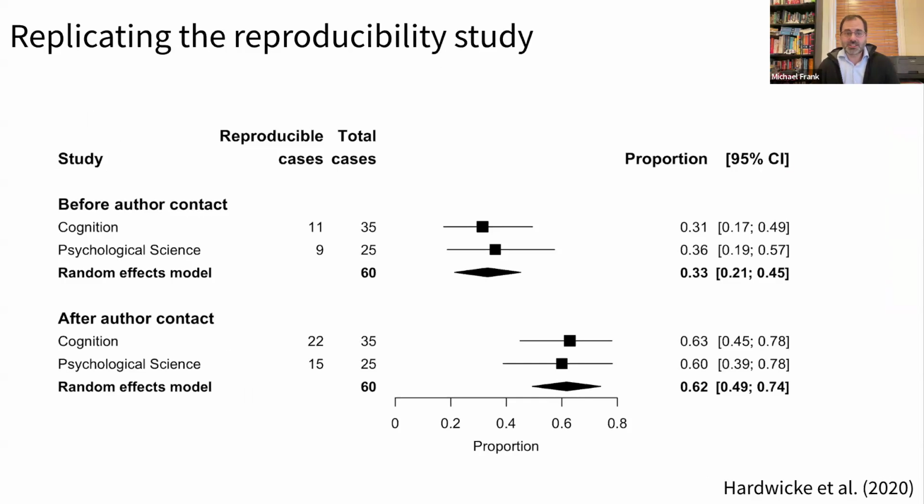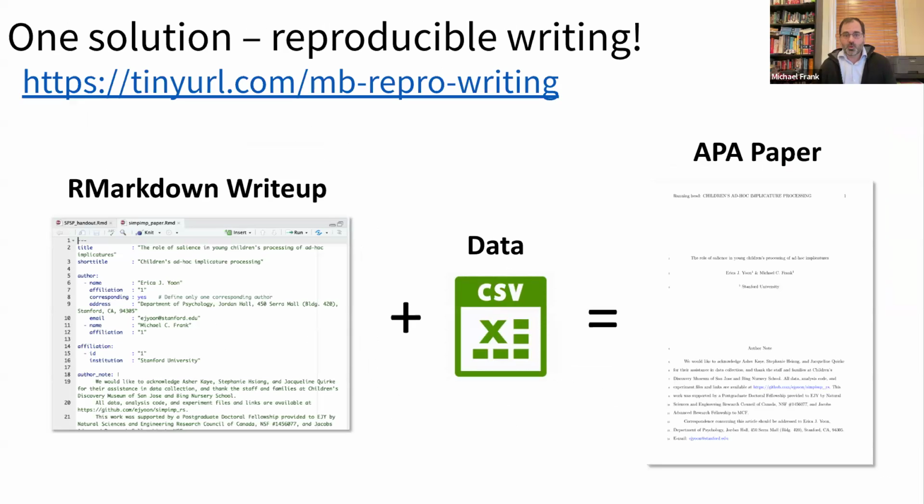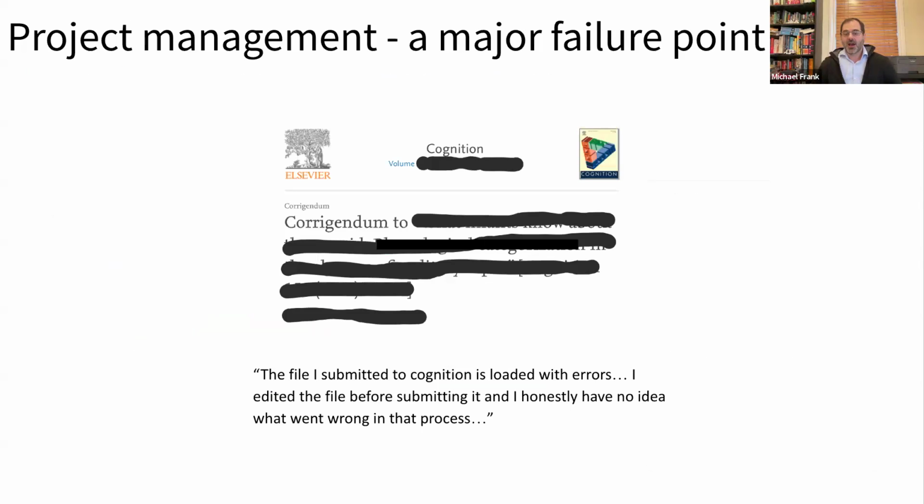Okay, so in much of my teaching, I focus on one solution, which is reproducible writing. And I encourage you to look at the webinar from last year that we did for ManyBabies, reproducible writing. The idea is that you take R code and combine that with the data and render your paper, and that allows you to know transparently which piece of code is responsible for which part of your paper, and really document that provenance chain from data through analysis to the paper. I still believe that that's really important, and that is what my lab does for the majority of our papers. But today, I want to focus on project management as the key failure point.